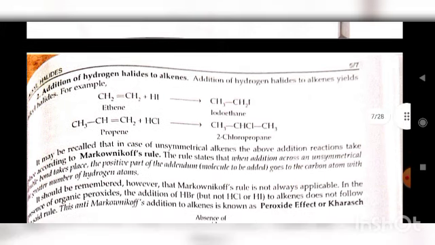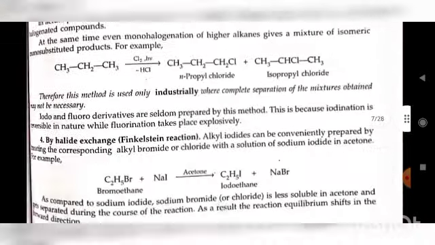Addition of hydrogen halides to alkenes. Addition of hydrogen halides to alkenes yields alkyl halides. For example, ethene plus HI gives iodoethane. Propene plus HCl gives 2-chloropropane. It may be recalled that